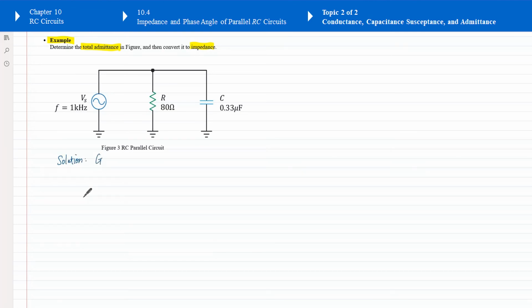Given R equals 80 ohm, we can find the conductance G, and G equals 1 over R, and that is 1 over 80 ohm. Using calculator, I get 12.5 millisiemens. Next, I can find the